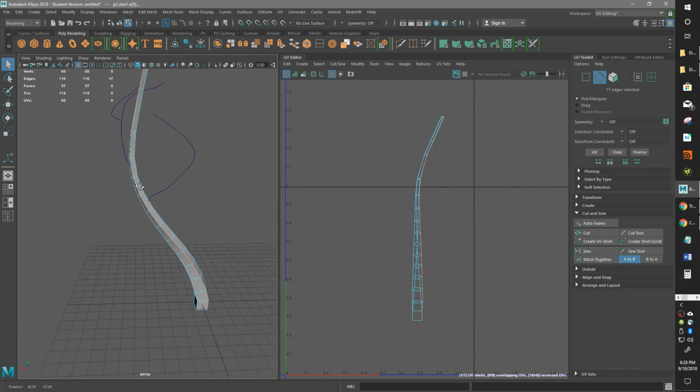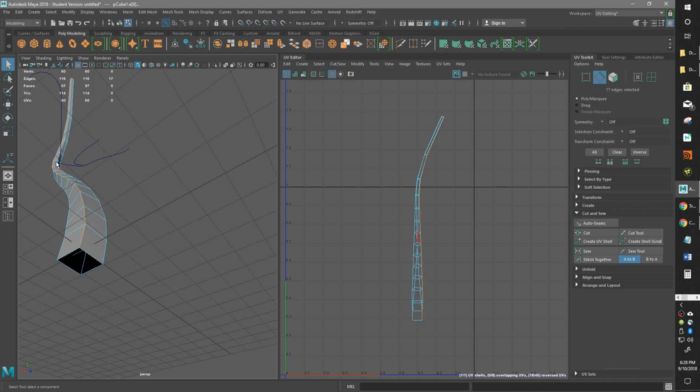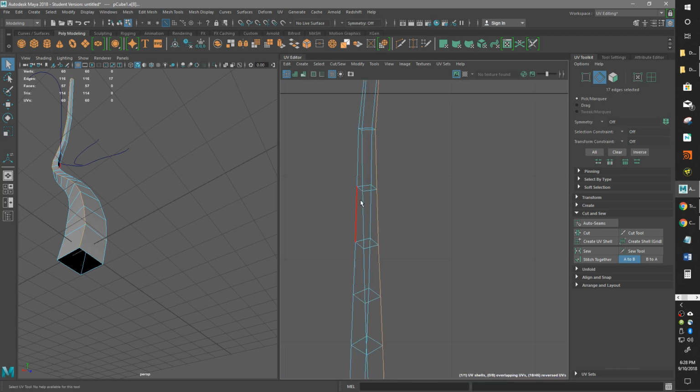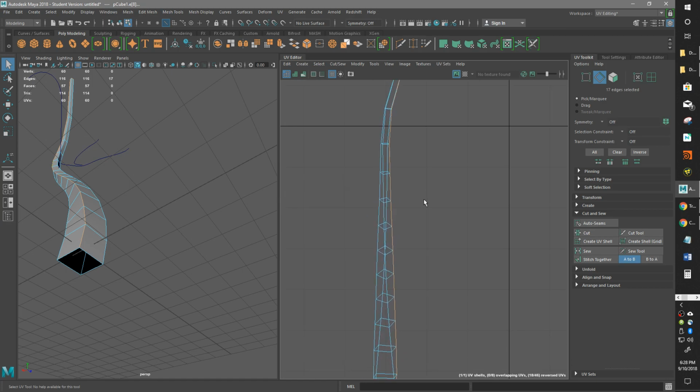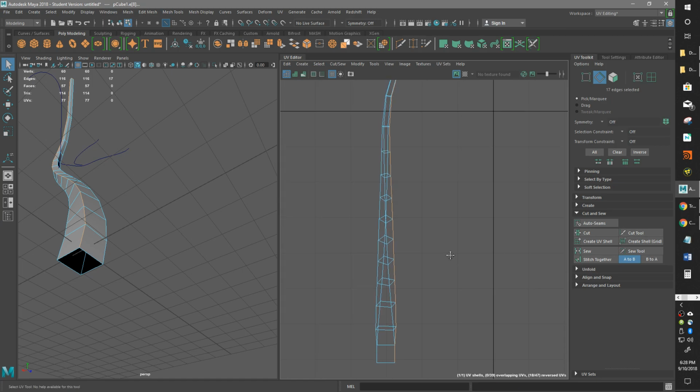Now what the shift double click on the next one did is it went and grabbed the whole loop, so that way I don't have to individually go through and select every one of these. And you can see in your UV view, this is what we have selected. The orange one is what we have selected. And now we want to cut that seam. So just hit cut. Not cut tool, just cut. Cut tool is something else. It does something similar, but it's not exactly what we're looking for. Now it doesn't look any different yet,